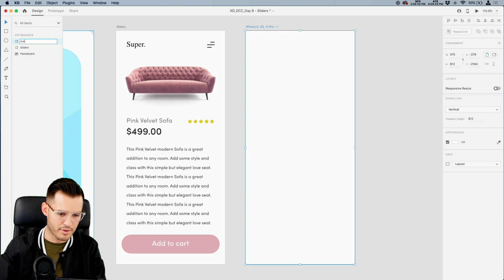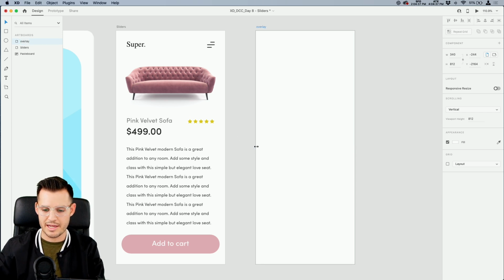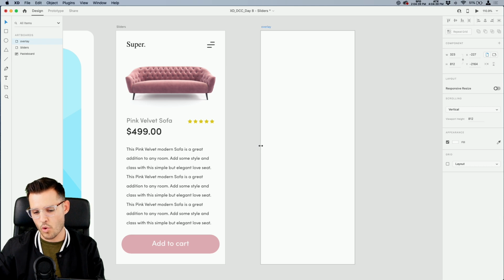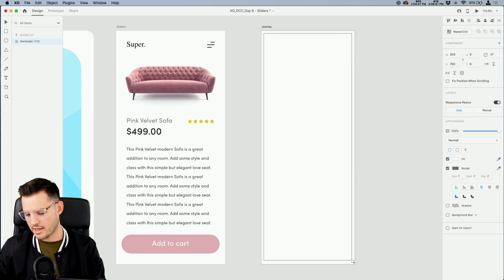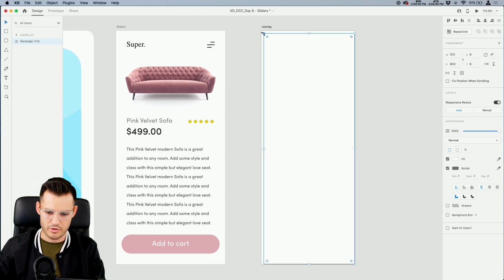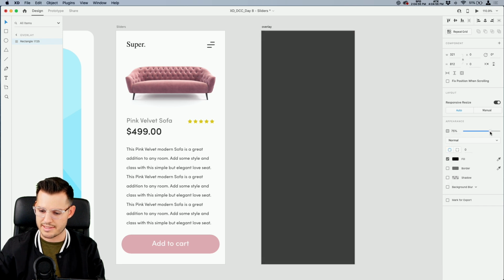So let me just type overlay right there, and I'm thinking this is going to take up kind of like 3/4 of our screen, something like that. And the reason I like to do that is because I'm going to go ahead and drop a rectangle here onto my overlay. I like to just fill the whole thing out. Let's go black and just bring the opacity of it down to like 75. Let's hook up our